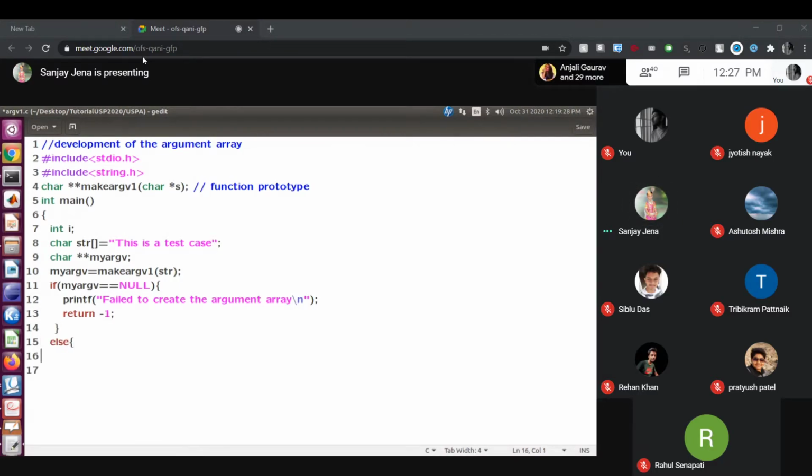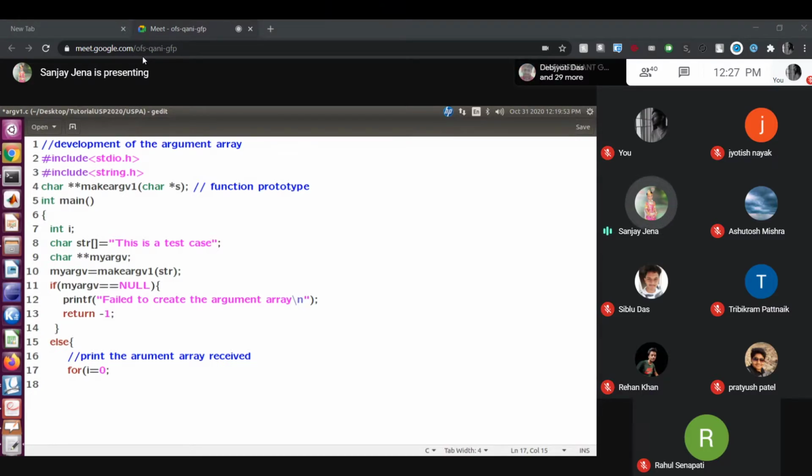Else, if it is not, you print the argument array received. How to print it? For i equal to 0, the argument array goes cell by cell, and the last content of the argument array is null.